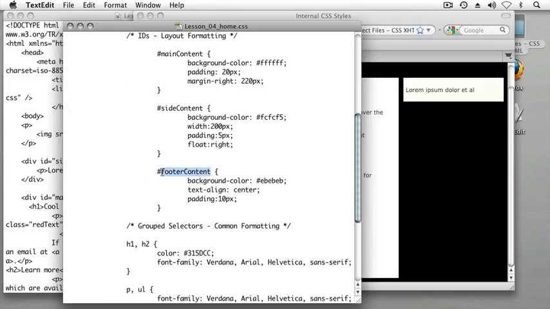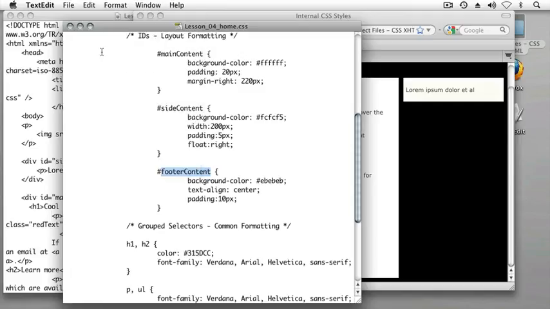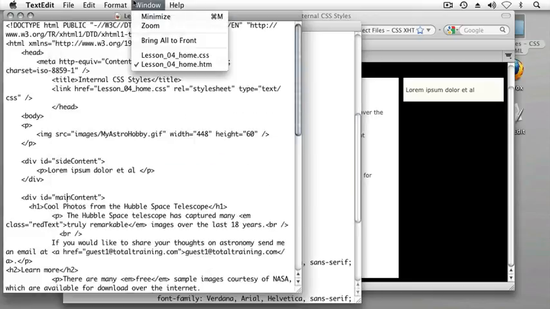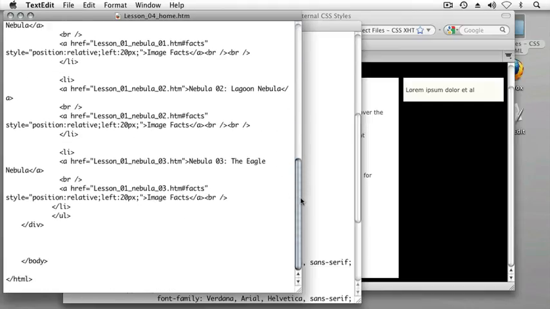and I might even copy the name of my ID into memory before I leave my CSS file, in case I forget what it is when I'm editing my HTML. So when I switch over to my HTML file, which I'm doing in my HTML editing tool, and scroll down to the bottom of the page, inside my HTML file before the closing body tag, we can create our new div tag, which I'll close immediately after I create it. And within that div tag, we can put some copy, such as